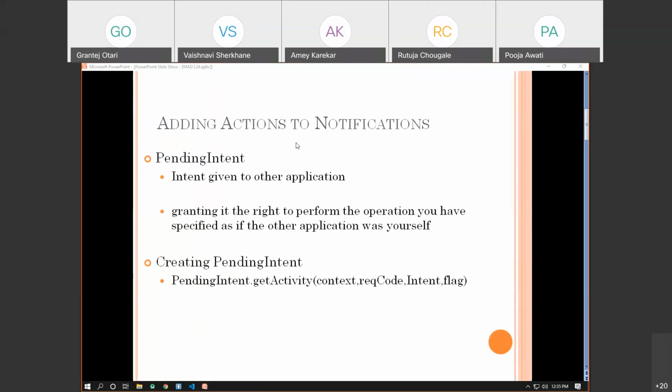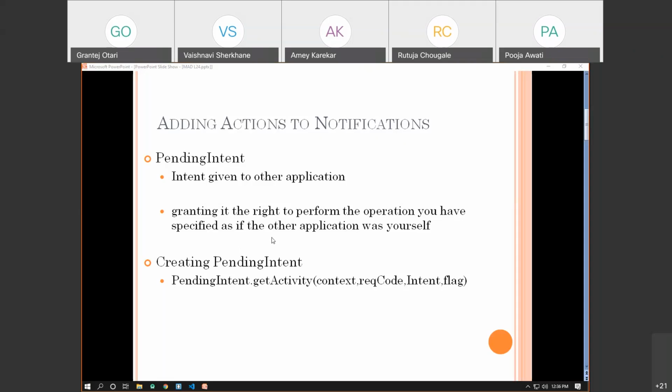Sometimes you have observed that if someone sends you a message, or an email, a notification is created, which is generally called a heads up notification. When you see that notification, you will see some title and some text or contents of the notification. Below that, there can be some actions involved with the notification.